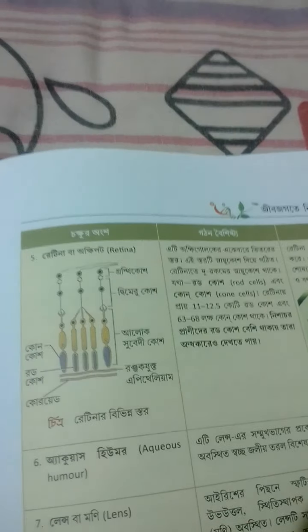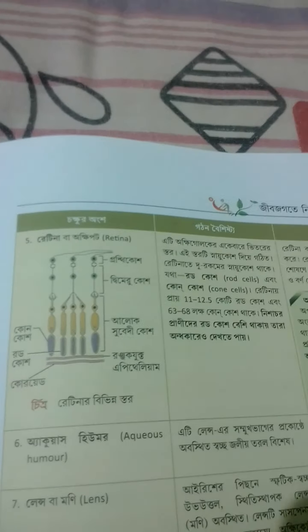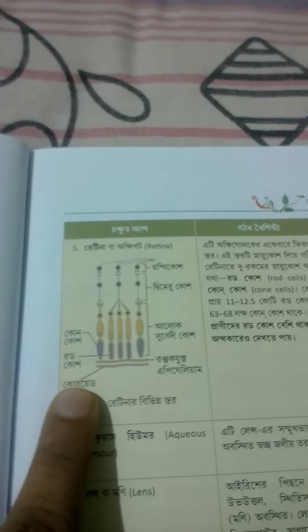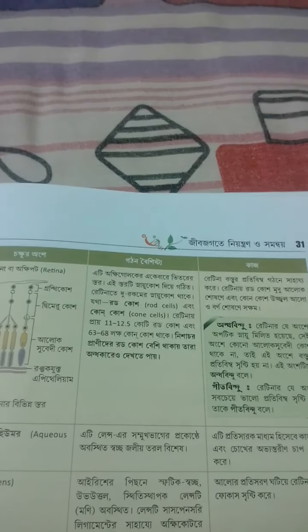Basically rod cells help in dark vision, or in dark time vision it helps humans. And if you see, it contains different types of cells, the pigment cells, photosensitive cells, bipolar cells. So different types of cells are present. And if you see, there is a minor difference between the structures. The rod cells are basically rod shaped, whereas the cone cells are basically cone shaped. Okay, and the main function is the formation of an image.